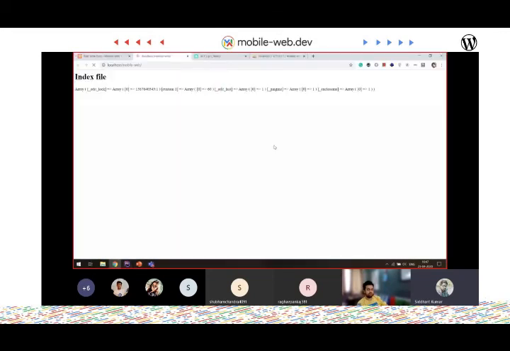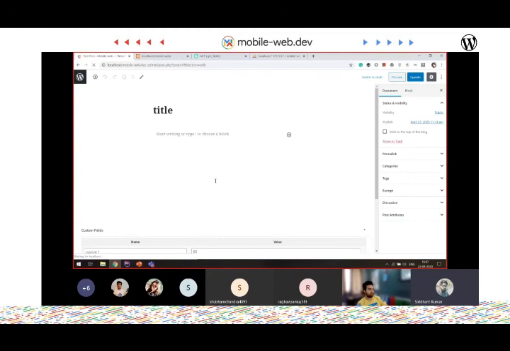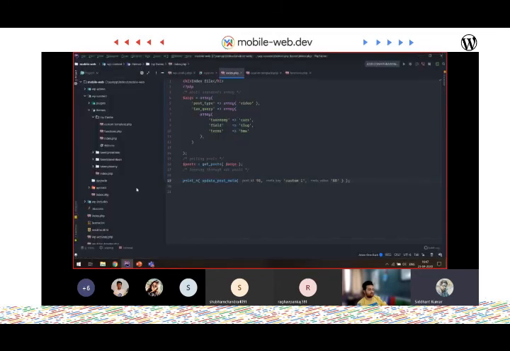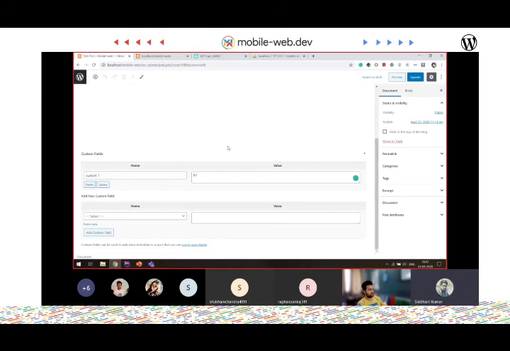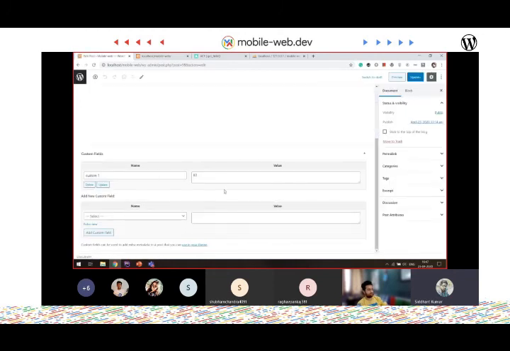When I run this code, it tells me the value has been updated. Now when I come over here and refresh, I have 80. The value is updated in this field. If I update it again, nothing happens.